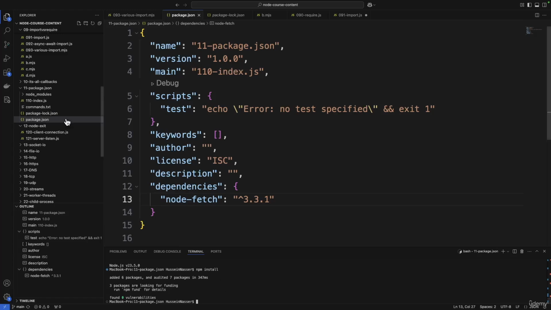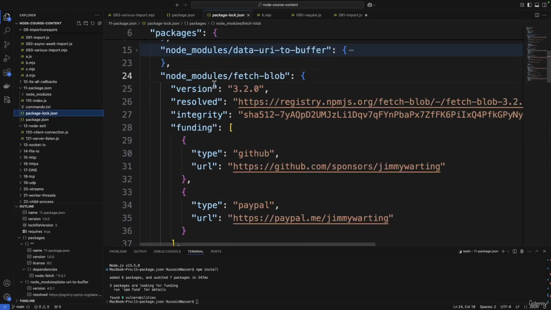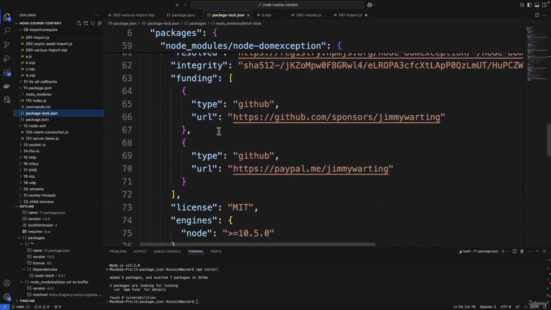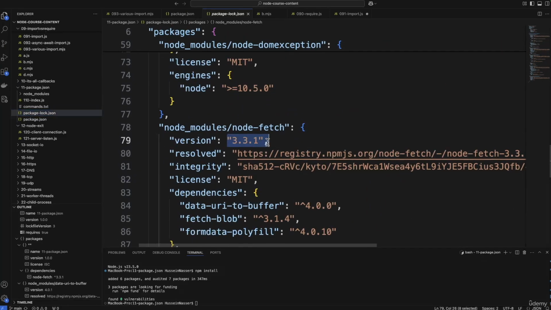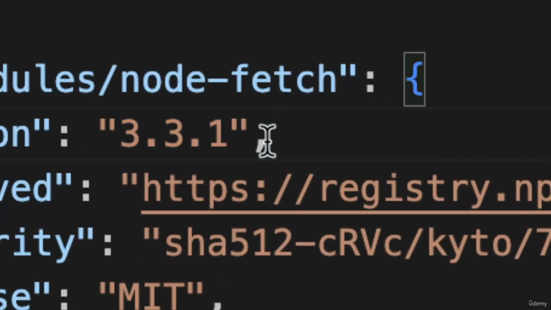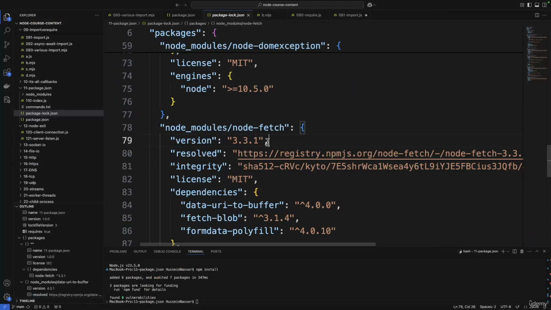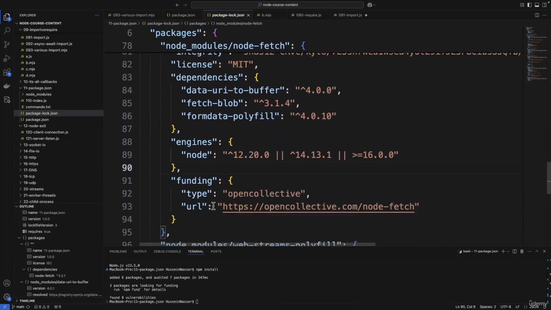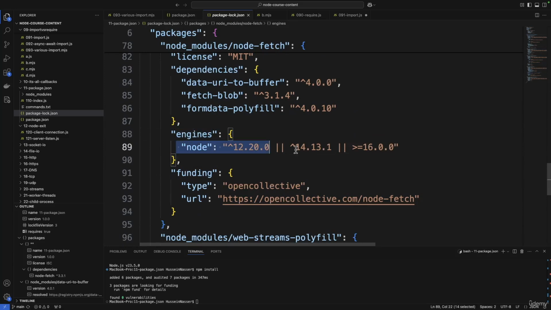And if I install, I better get 3.3.1. If I don't get 3.3.1, then we're not consistent. So we are consistent, we got 3.3.1, and that's basically how Node package managers work in a nutshell. Pretty cool stuff, huh? And hey, by the way, you can specify the engines and say, hey, I'm supported in these kinds of Node releases.